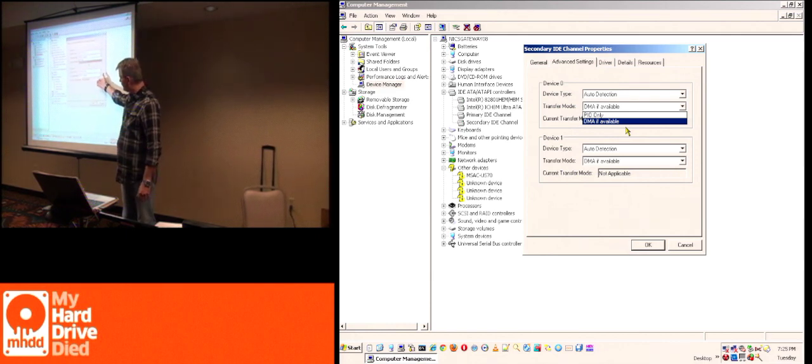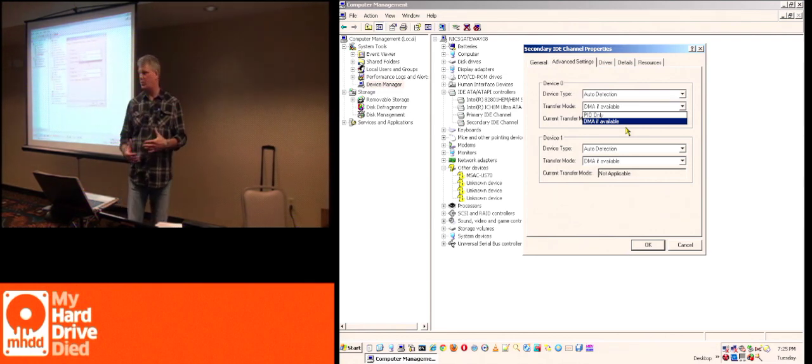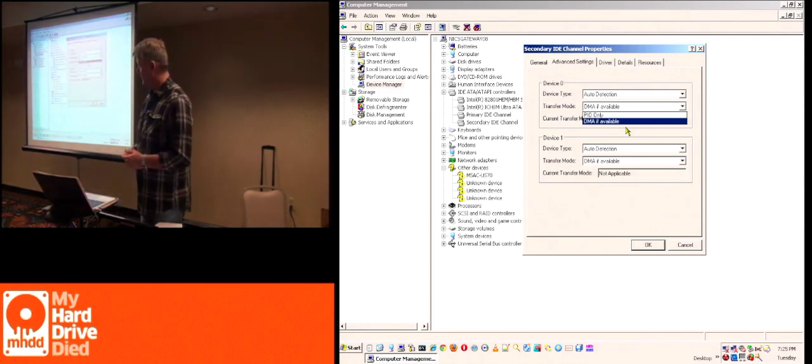Then you go into your drivers, you go into your IDE controller, and you switch it to PIO mode. You hook your hard drive up to that channel, and then you start to try to do a recovery from it. It's going to be a lot slower, but you might be surprised. There'll be a lot of times DMA does not work because there's something wrong with the board, something wrong with memory, something wrong with the equipment. And this will solve that problem. It's just one of the possible solutions that you can whittle away at.